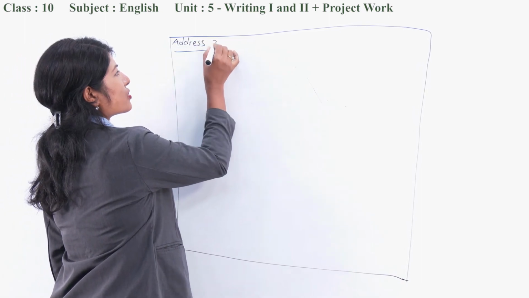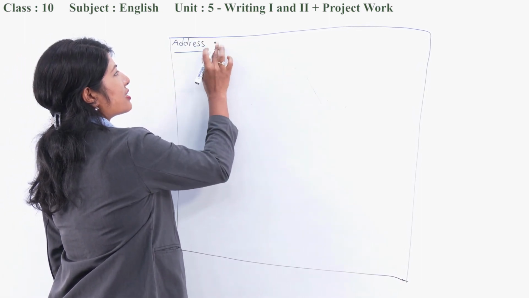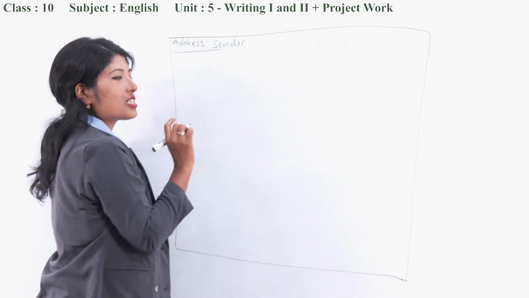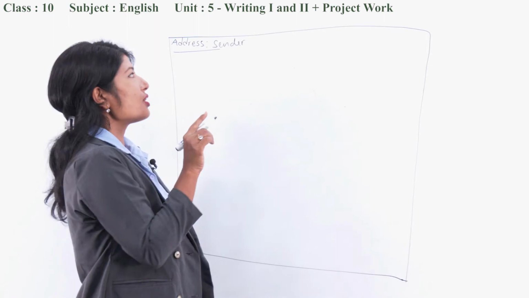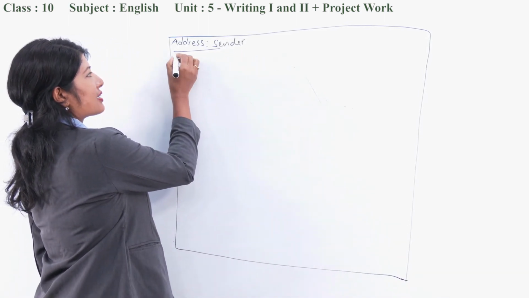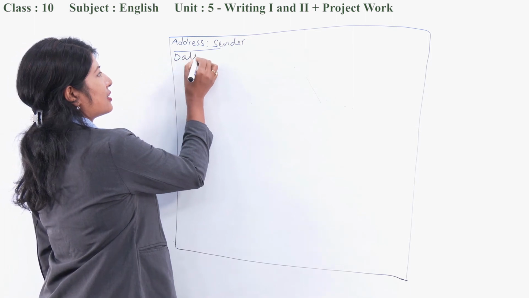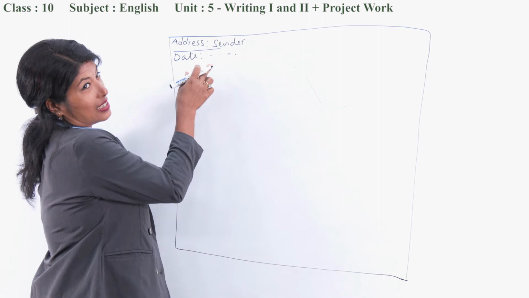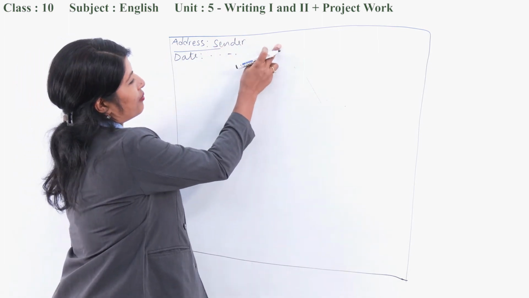Address. Whose address over here? Sender's. Sender. It is you. So it starts with sender's address, your address. After that, date. Date, you can write date, but you don't need to write DATE or address, and then you have to write